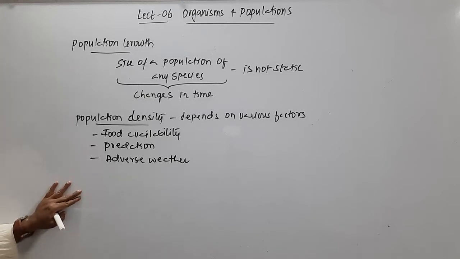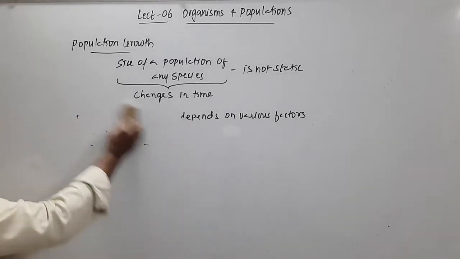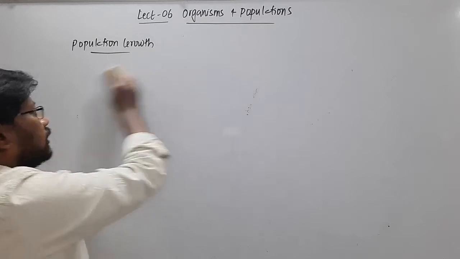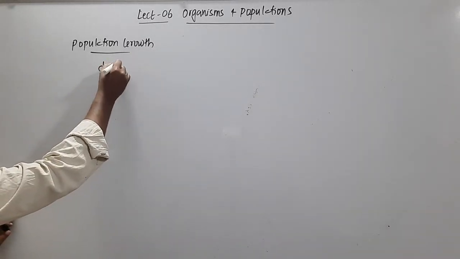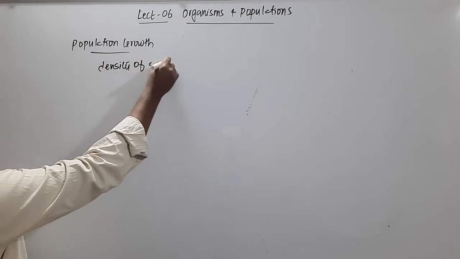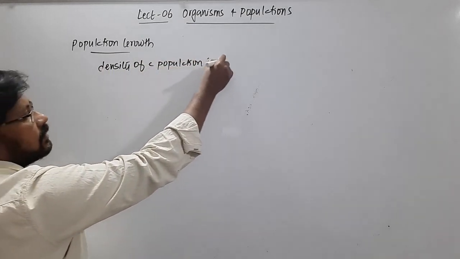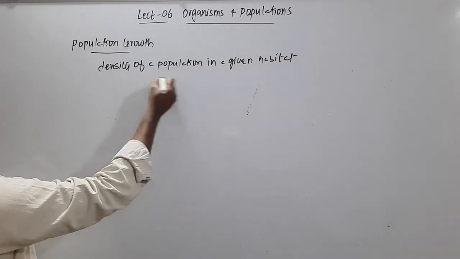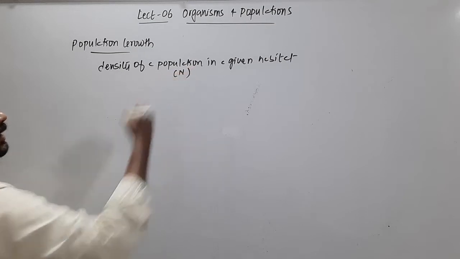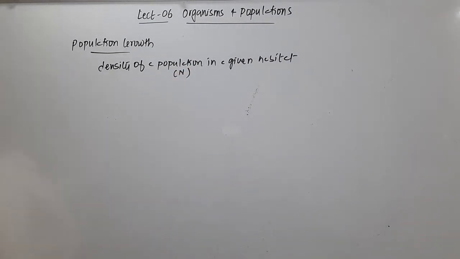And again, the density of the population in a given habitat, okay, during a given period of time, it fluctuates. So let's look at how it's going to fluctuate. The density of a population in a given habitat. So this density of a population, I'm going to take it as capital N, the density of population in a given habitat, okay, during